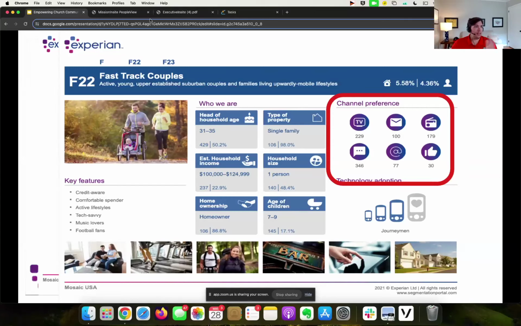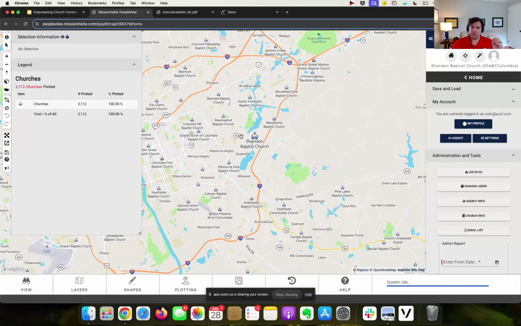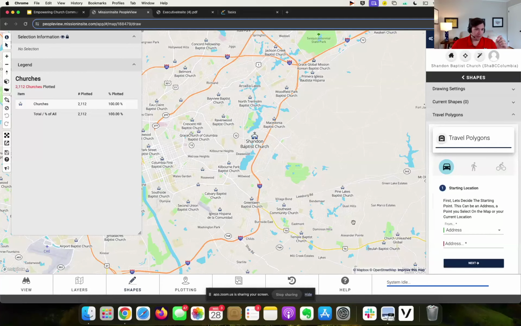And so I'm going to leave this Experian handbook for a second, and I'm going to take you inside of Mission Insight. I just want you to see the possibilities out there for segmentation that you have. So Mission Insight, our program, allows me to come in and draw a shape, because we've got data that tells us, I think it's somewhere between 60 and 70% of people want less than a 15-minute drive to church. We did a study called the American Belief Study Survey that told us that. So rather than doing a 5-mile radius, I'm going to put in a travel polygon. And you'll see what that does in just a second.